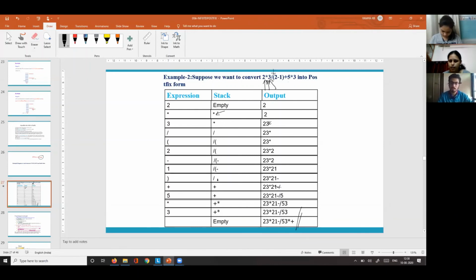हाँ, एक मिनट. डिवीजन स्टैक में है, डिवीजन का हायर प्रायोरिटी है. तो उसके साथ आप प्लस को नहीं डाल सकते हो ना? प्लस लोअर प्रायोरिटी का हुआ ना. तो आपने क्या किया? डिवीजन को बाहर निकाला और फिर प्लस को स्टैक में डाला.